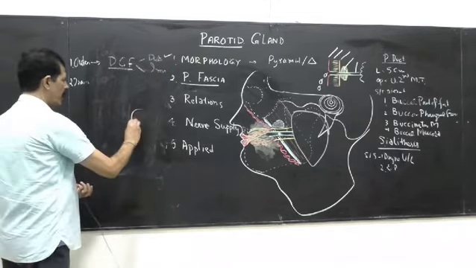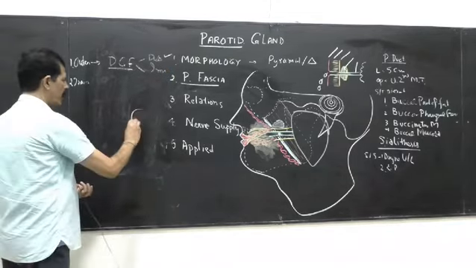So you have to make this diagram also whenever you have to explain the parotid fascia. It is derived from the stylomandibular ligament, with two laminae. The anterior lamina is thick and the posterior lamina is thin. The anterior lamina is attached to the lower border of the zygomatic arch. Have we done this earlier or not? And the posterior lamina is thin, and it is attached to the external acoustic meatus and the tympanic part of the temporal bone.